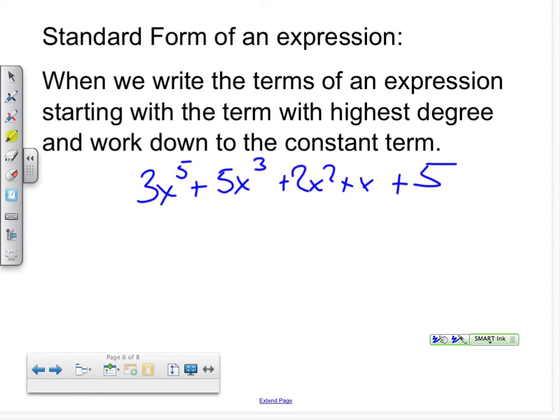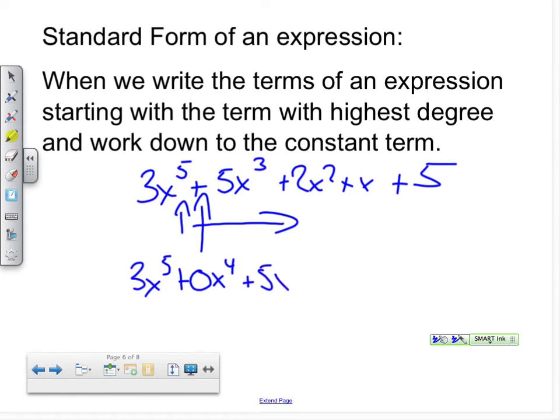That's an example of an expression in standard form. Highest power, and then ordered out. If you wanted to fill in the gaps, because it confuses you, go ahead. 3x to the 5th plus 0x to the 4th plus 5x cubed plus 2x squared plus x plus 5. Okay,